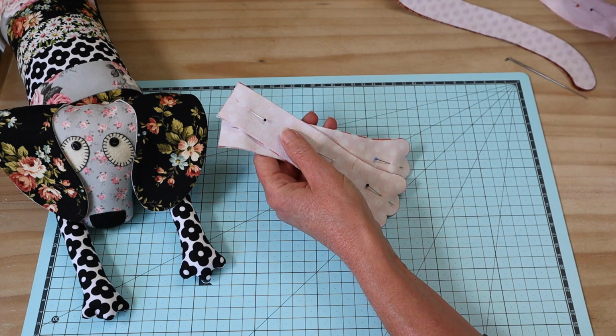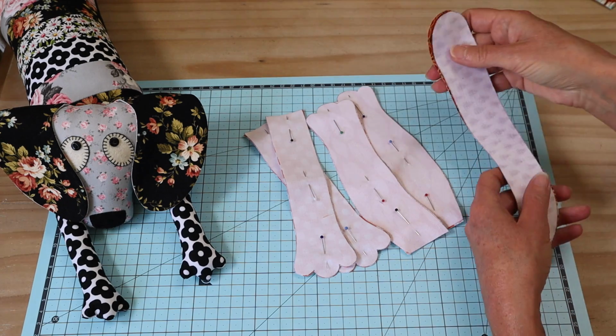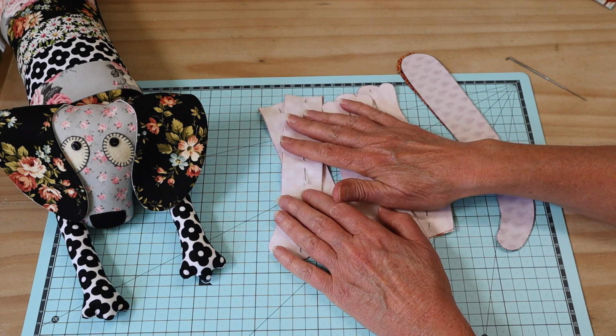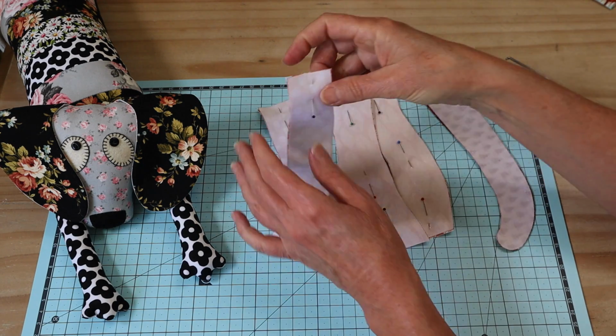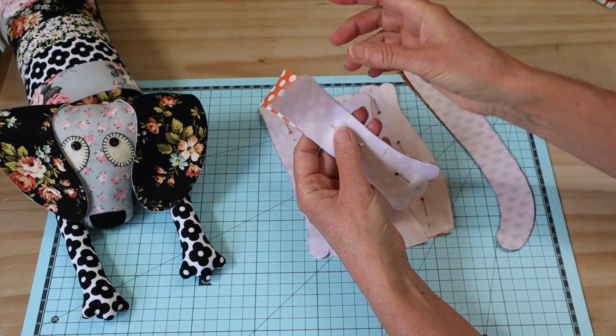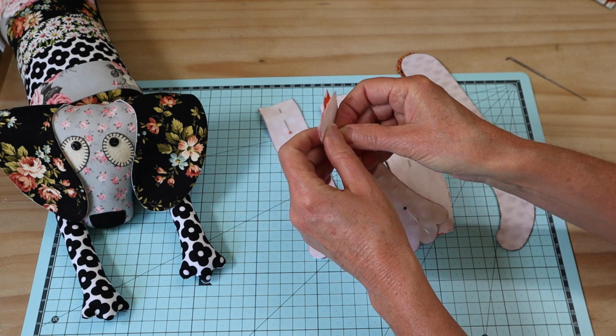The first thing that I do is I make his little arms and legs and his little tail, because the little arms and legs are incorporated into the seams of his body, so we need to have those made up. So you can see there that I've got those just pinned right sides together in my different fabrics, and what we're going to do